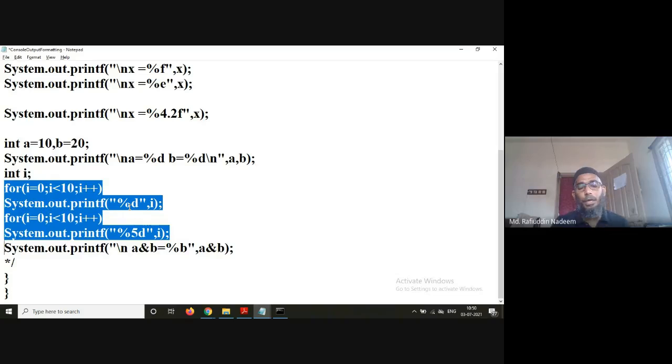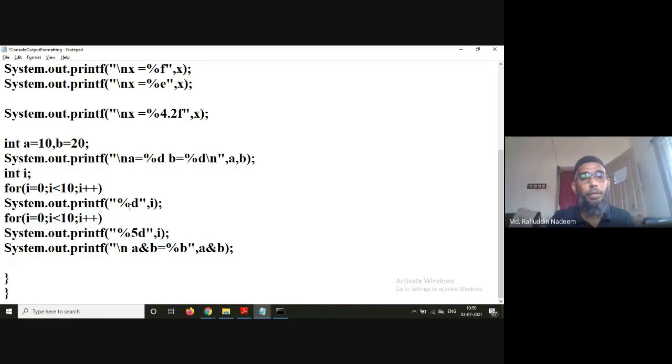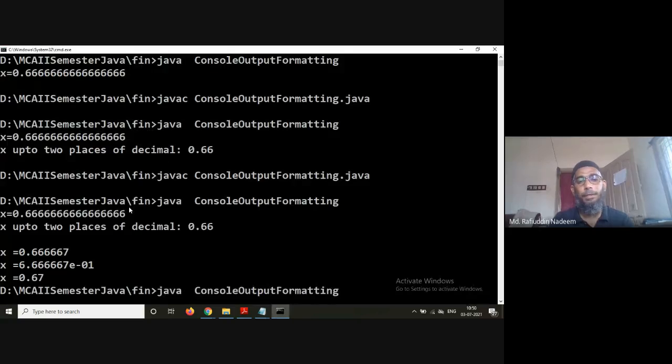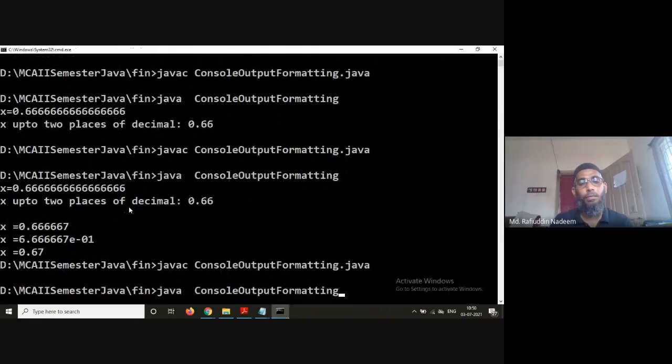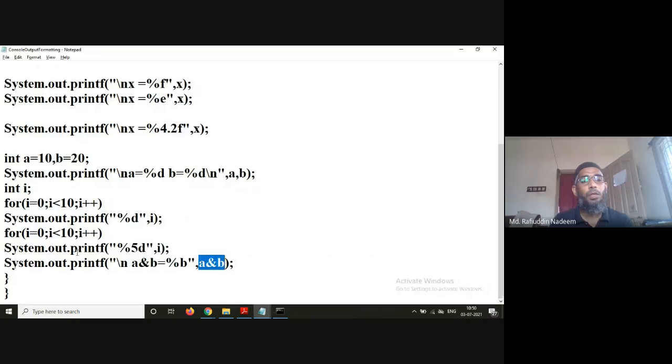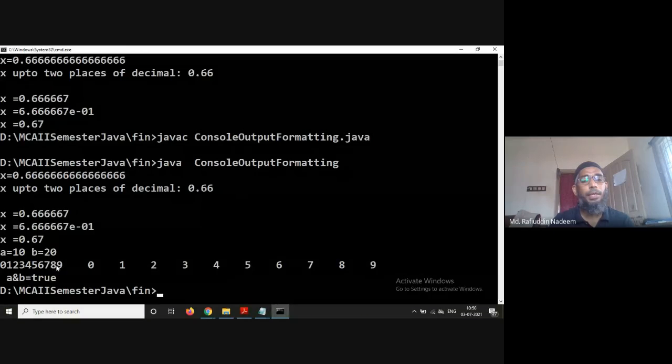And finally, if I want a Boolean value to be displayed, A and B, because both are positive values, you are going to get true. So here you are using the %b format specifier, then true is displayed. So let us see that. Here it is. If you are using only %d, then 0, 1, 2, 3, 4, 5, 6, 7, 8, 9 is displayed.